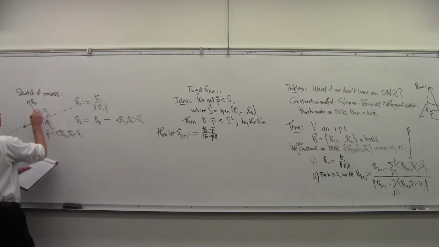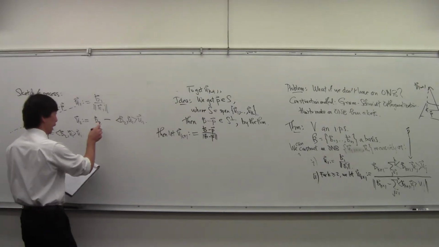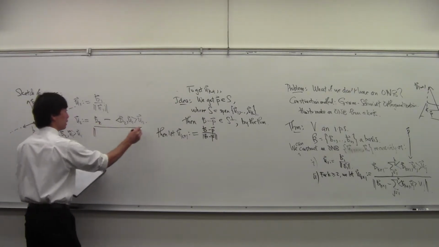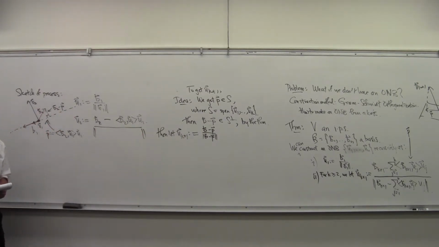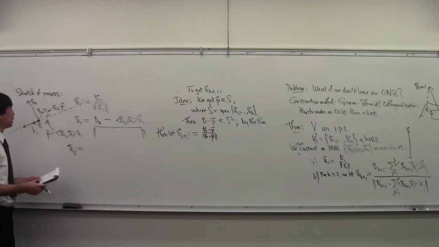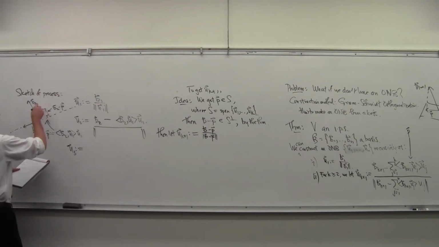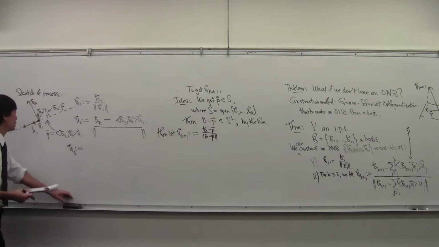B2 minus that is going to be perpendicular. This is B2 here, and this is B2 minus the projection. By the theorem that we just said, that's going to be perpendicular. But we also want that to be norm 1, so let's divide it by its norm. And then for U3, I've got my U1 and U2 now. So you get this thing, something perpendicular. You get the U2